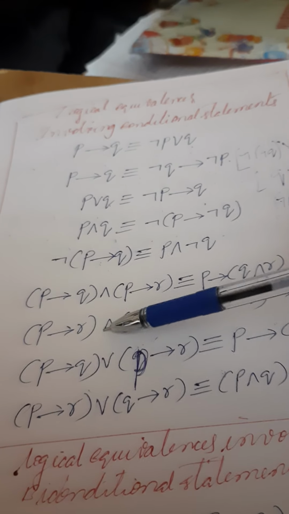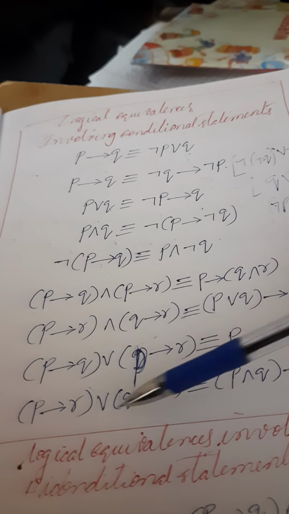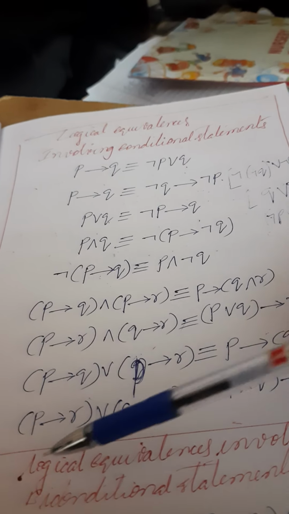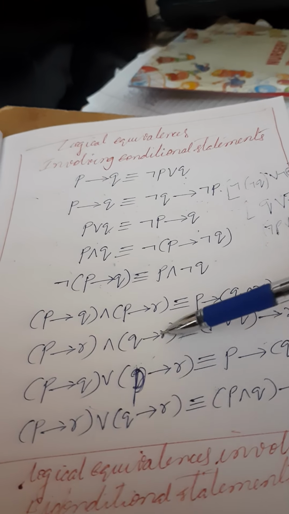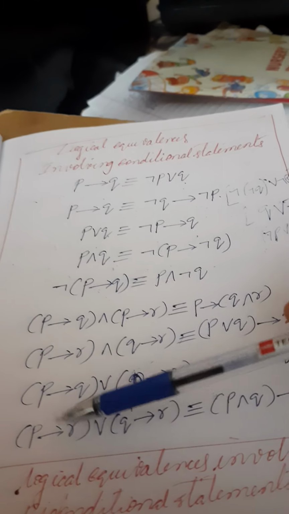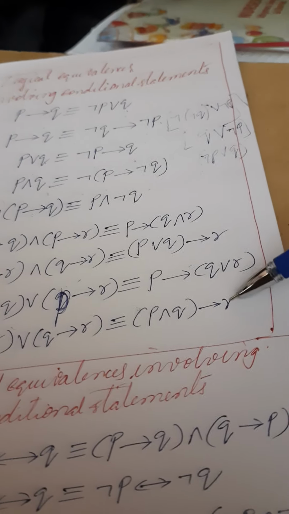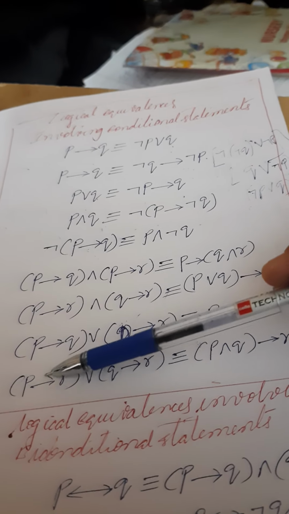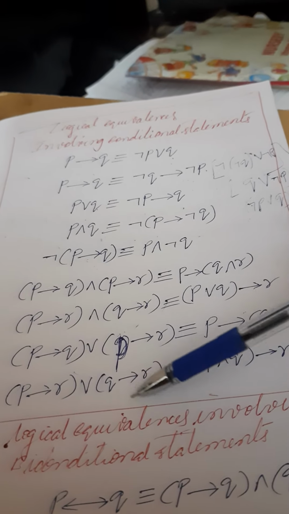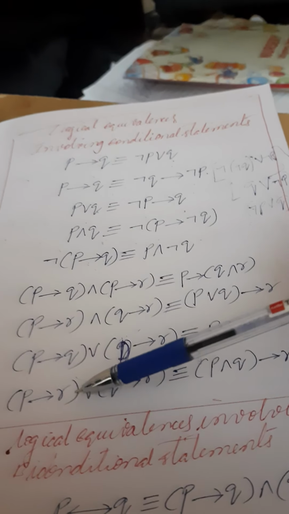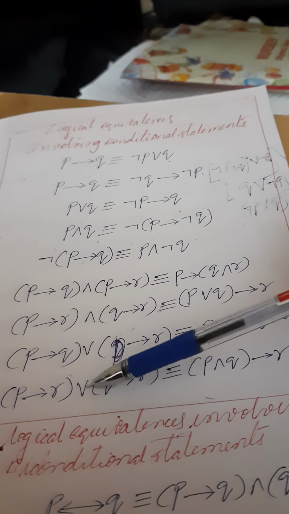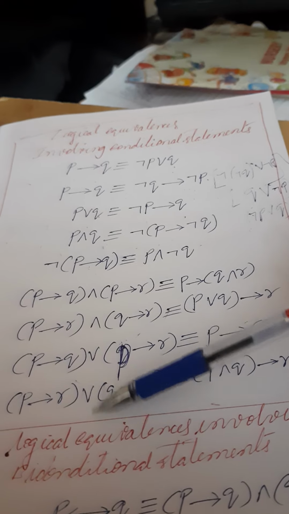Next, this and this are the same. The first one is different here, the next one is the same, R, R, R, R. That's why we have to change this symbol. P intersection Q implies, same, this as it is we have to write, this implies R. Here this disjunction we are changing to conjunction, P conjunction Q. We can easily mark the answer.